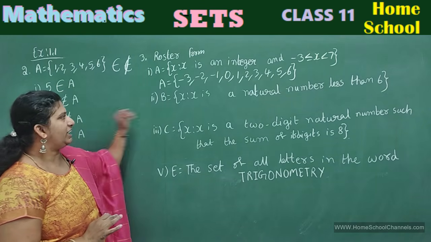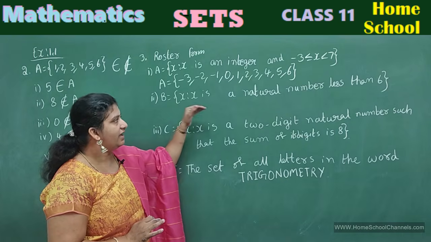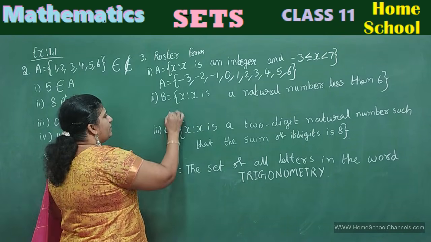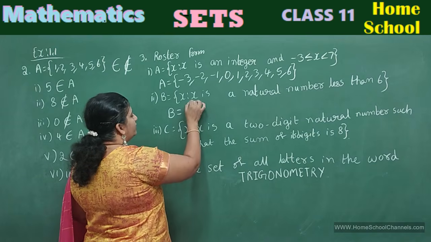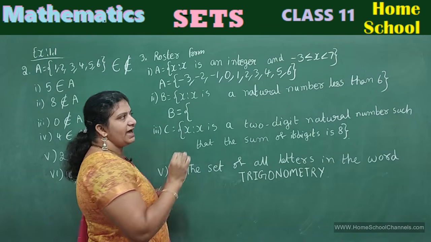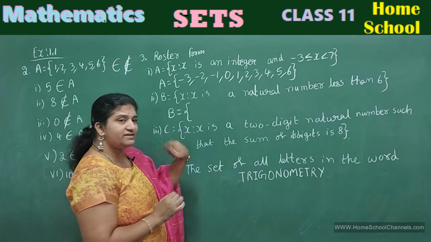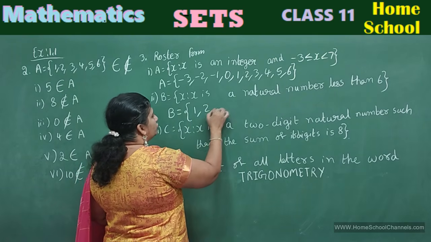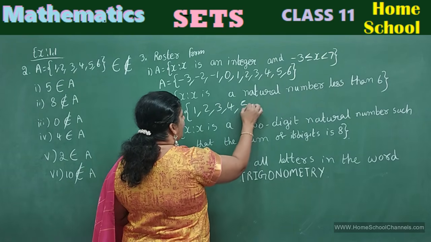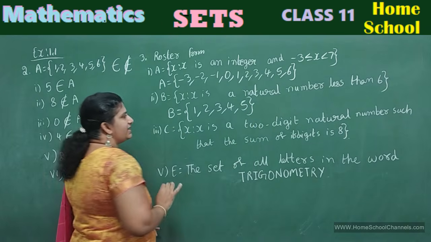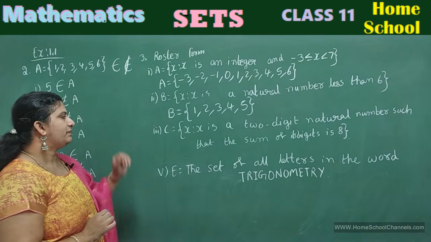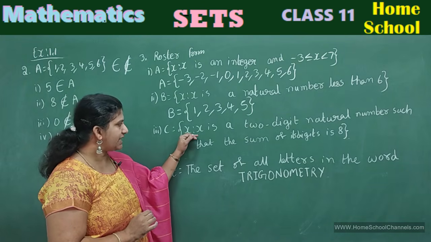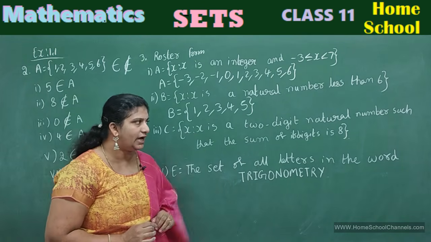Next. B is the set of x such that x is a natural number less than 6. B is equal to flower brackets, natural numbers less than 6. Natural numbers start from 1, 2, 3, 4, 5, less than 6. That's it. Third one. C is equal to the set of all x such that x is a 2-digit natural